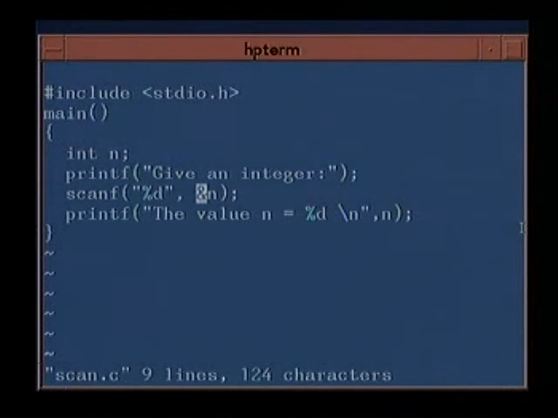Now let's come back to the intriguing question of this &. This & is related, see this scanf is a function, okay, and this & is related to how parameters are passed in C language. We shall come to how parameters are passed a bit later on. For this information, &n means the address of the location n. Now let us understand this a bit better before we proceed further.